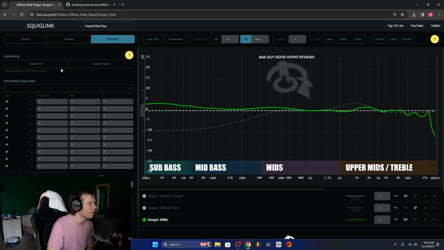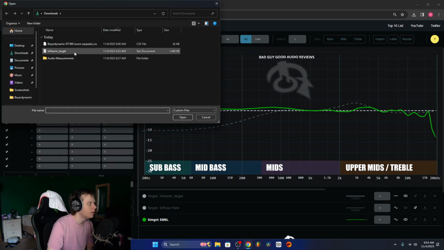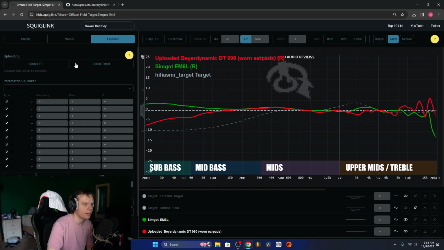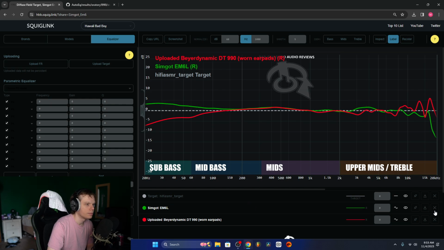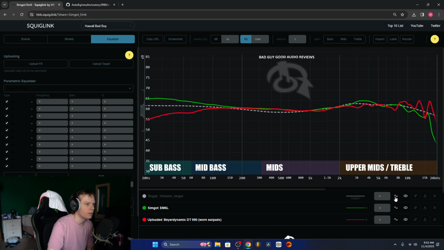We can upload the DT990 frequency response and see that's extremely flat on my target as well, except it lacks a little bit of sub bass. So one has a little bit too much sub bass, one has a little bit not enough sub bass, but they're extremely flat along my target here. So we're using my hi-fi ASMR target, and of course we can unflatten it,